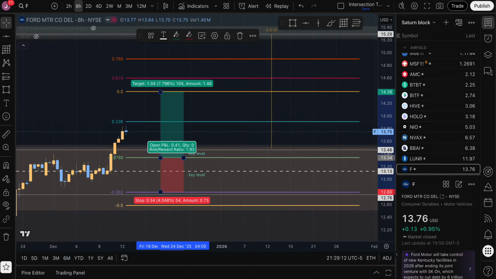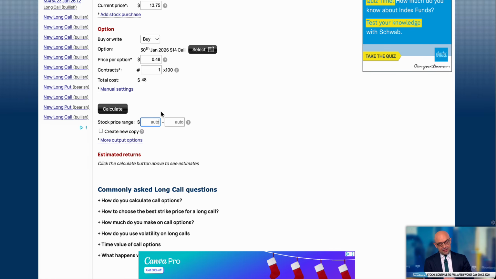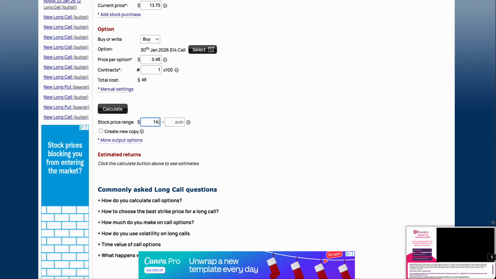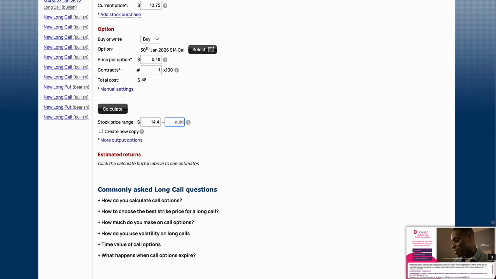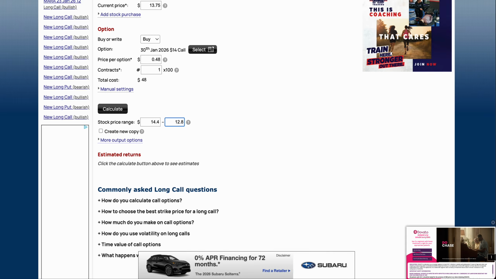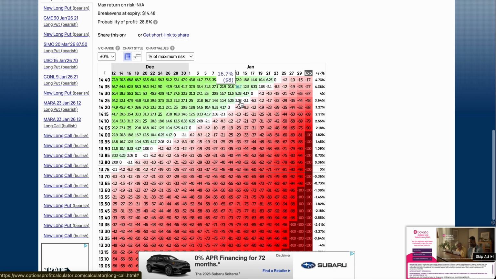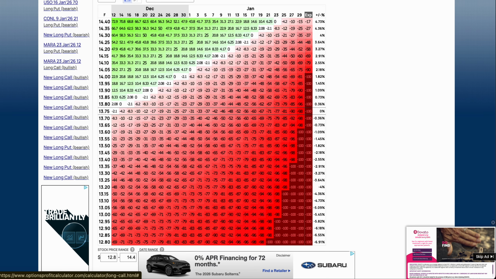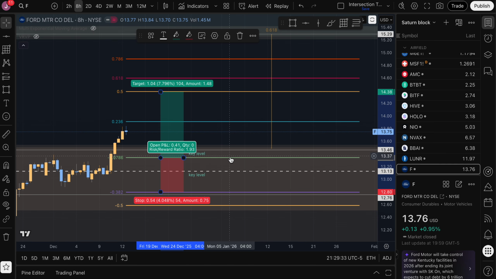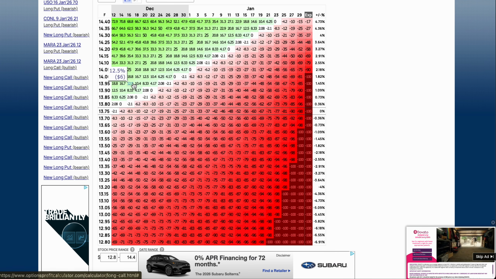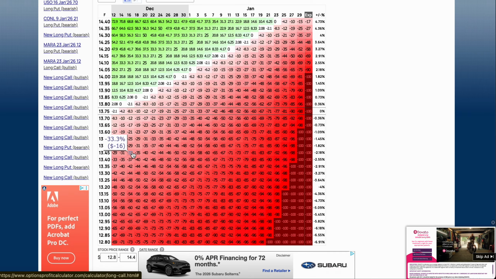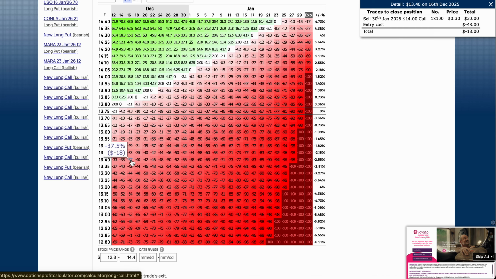1440 and 1280. All right. Let's see what it shows. So if we were to enter 1340, I like to use 1, 2, 3 in. So if we entered